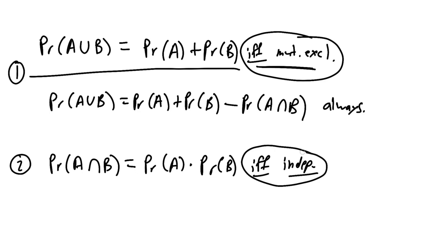And you can only apply Rule 2 when the events are independent. If I want to find the probability of an Asian male, I can multiply the probability of an Asian times the probability of a male, but I cannot do that with a pregnant male because the former 2 events are independent and the second 2 are not. So commit those 2 rules to memory and see why they work, right?